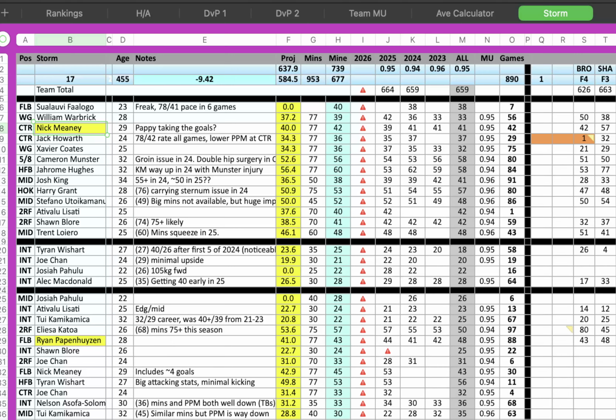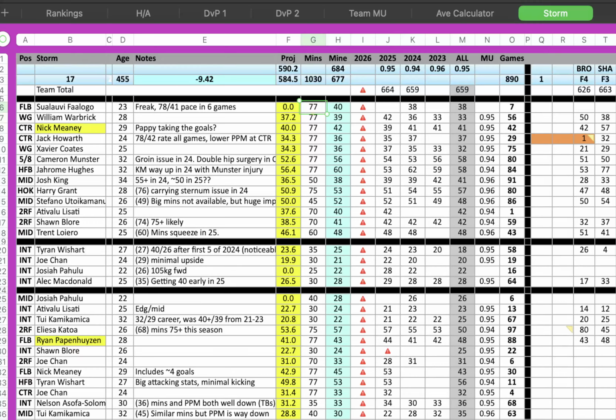Yes, and then otherwise all the same sort of principles apply. I'd have to do the minutes in the NRL. So I did a study at some point, roughly how many minutes anyone playing in the backs plays, fullback through to halfback. It's just over 77 minutes on average, so I just apply that to everyone.